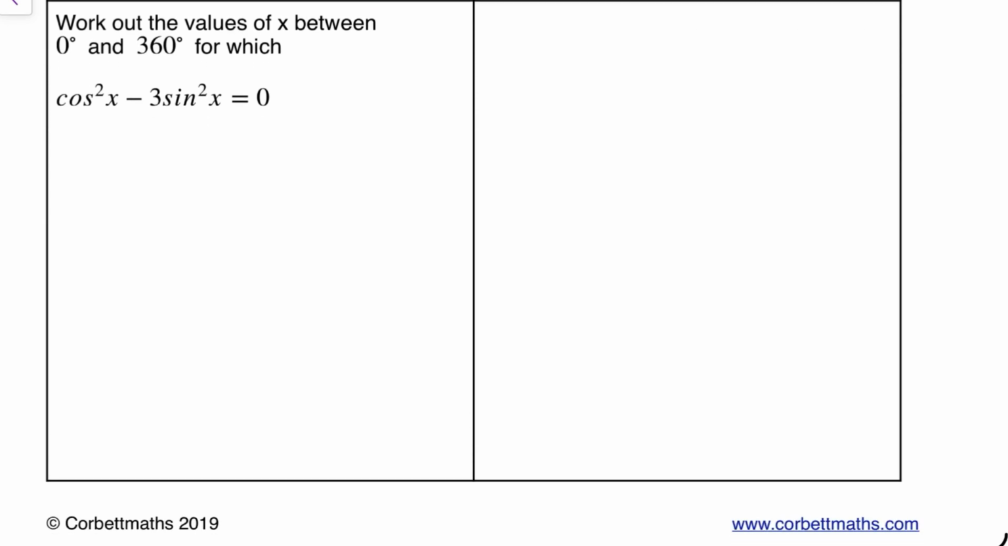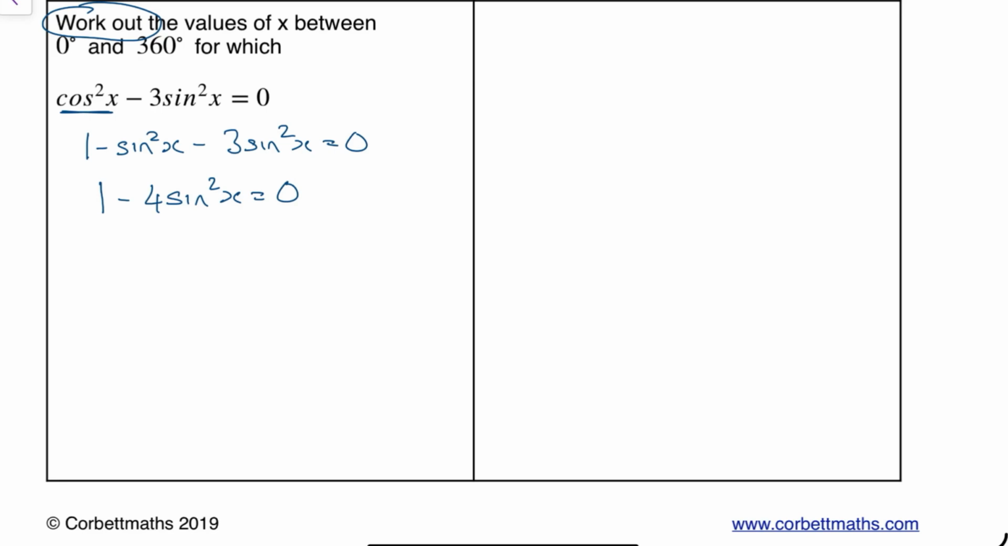Next one. Work out, in other words, get my calculator out. Work out the values of x between 0 and 360 for which... Okay, that's a nice question. So I've got two choices. I can either do sine or cos. I'm going to convert everything to sine. So 1 minus sine squared x, converted that, minus 3 sine squared x is equal to 0, which means 1 minus 4 sine squared x equals 0. Let's move the 1 to the other side. So that's going to be 1 is equal to 4 sine squared x,